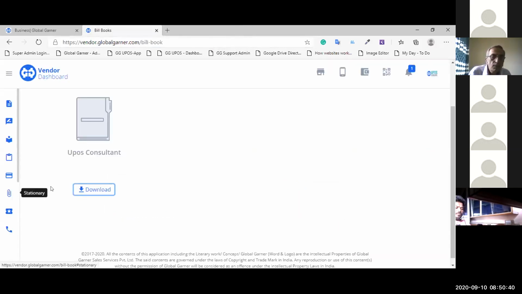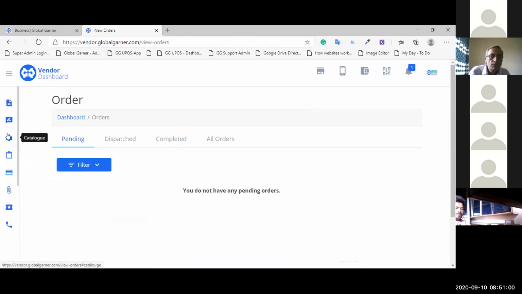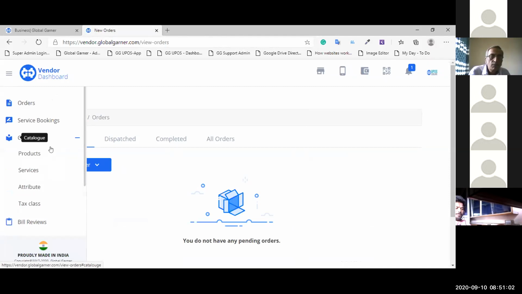Now once you have downloaded the bill, if you want to sell your products through Global Garner online through this digital platform, you need to upload all your products. For uploading your products, just go into your catalog, click on products.